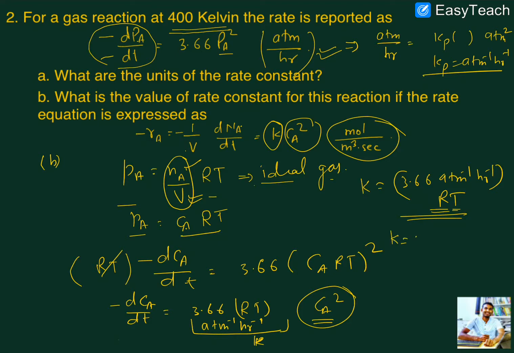So K will be 3.66 atm per hour, and the value of R can be replaced from here. Obviously, for the unit of pressure we will take atm, and then we will also take volume. The volume is 22.4 liters, since 1 mole takes 22.4 liters, but here the unit is meter cube, so we have to write it in meter cube. So 22.4 liters will be converted to meter cube. 1 liter is 10 to the power minus 3 meter cube, and divided by